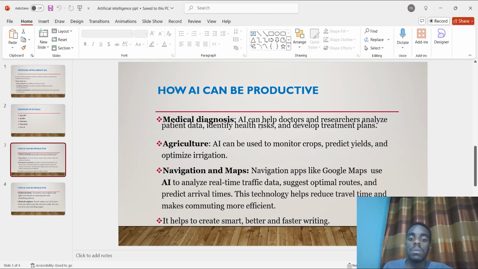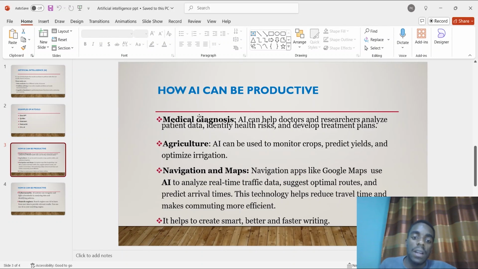First, it can be used in medical diagnosis by helping doctors and nurses and also researchers to analyze patient data,